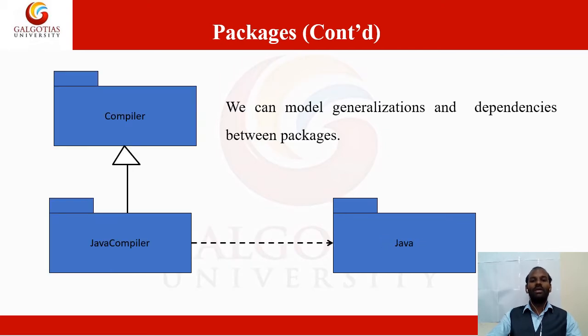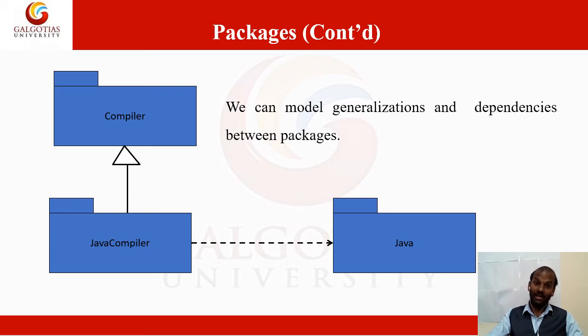And now suppose I don't have a whole complete package, so I'm having separate package diagrams. So how are we going to communicate? Now I'm having a compiler as one package diagram, and Java compiler is another package diagram, and Java language is another package diagram. So now you can communicate between these three different package diagrams by using what kind of relationship? Here we are using Java compiler and Java.